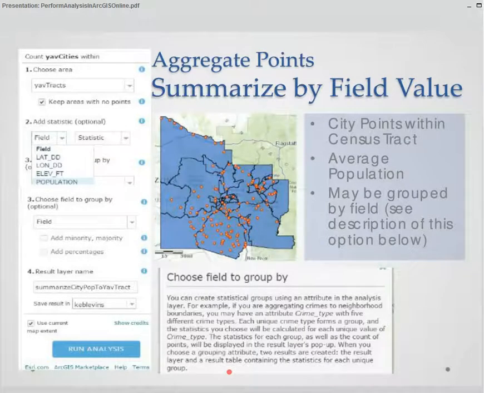So the next one I wanted to do was aggregate points. It's still the aggregate points, but I want to summarize by a field value, right? So